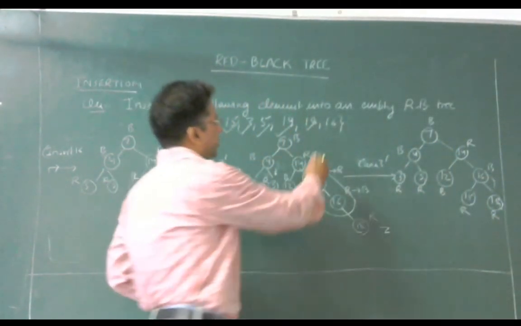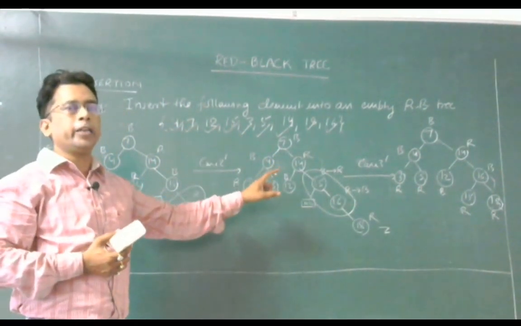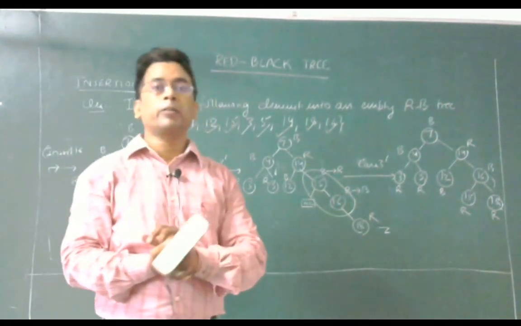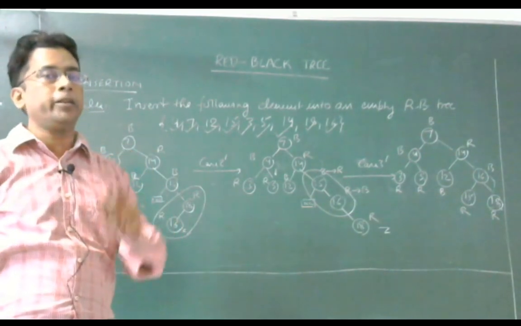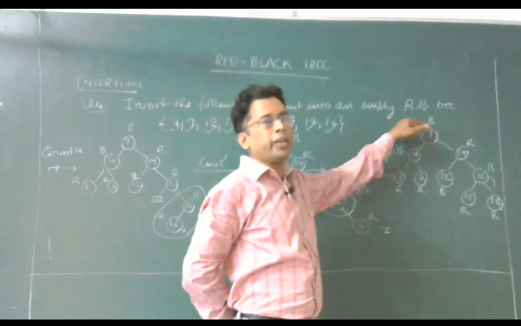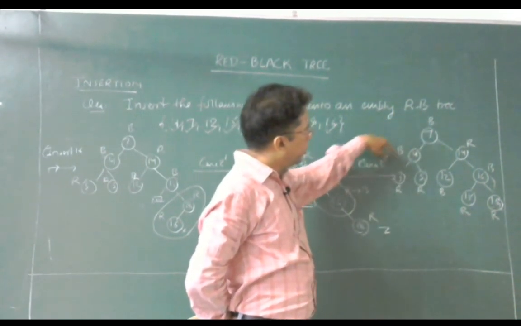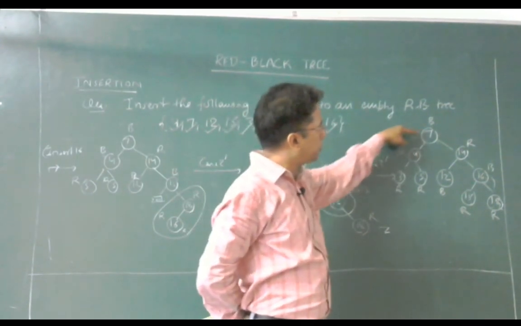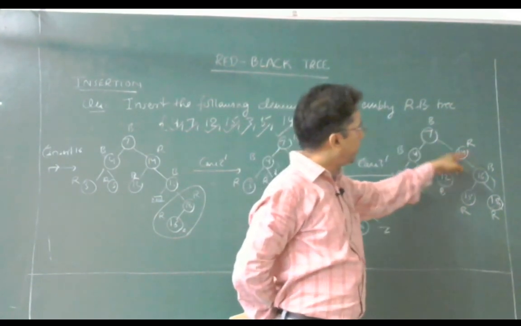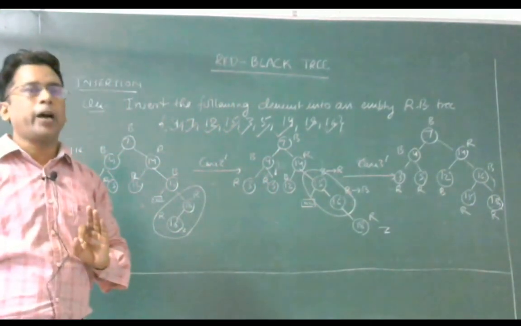Now we have inserted all the nodes, and thus this is the final red-black tree after the insertion. In this we can verify that the constructed tree is correct or not. We can calculate the black height from root to the leaf node. While traversing from the root node to leaf node, there are two black nodes. In this path, there are also two black nodes. Here also the black height is equal to 2. Here the black height is also equal to 2. So this is the completely balanced red-black tree.